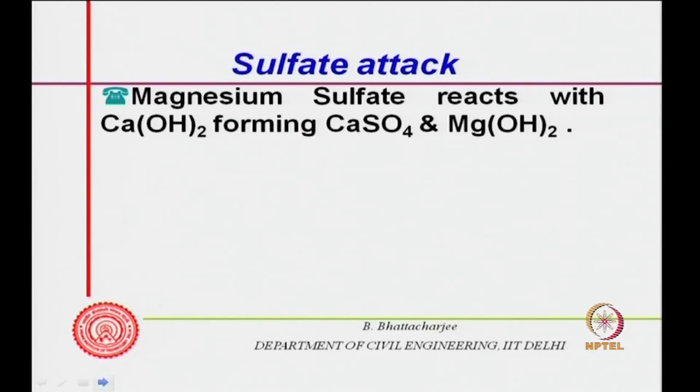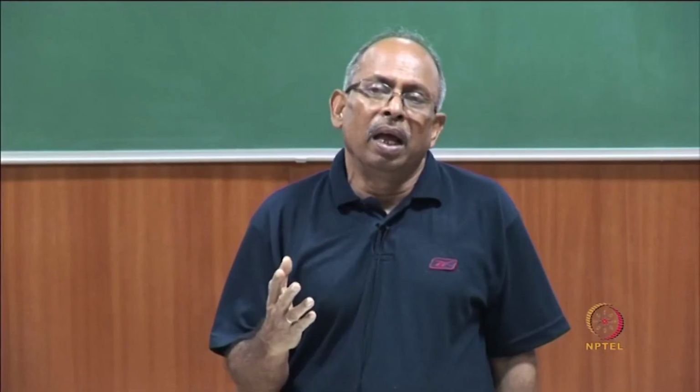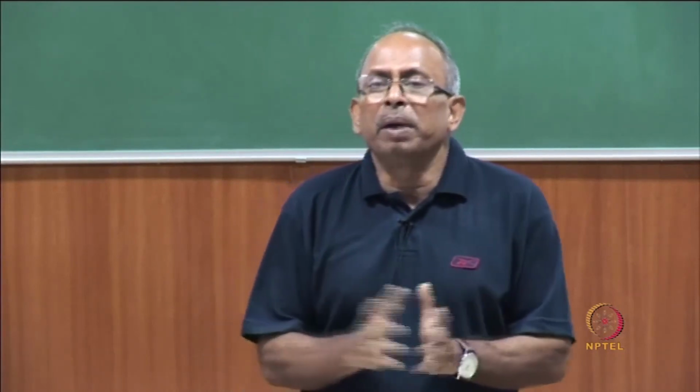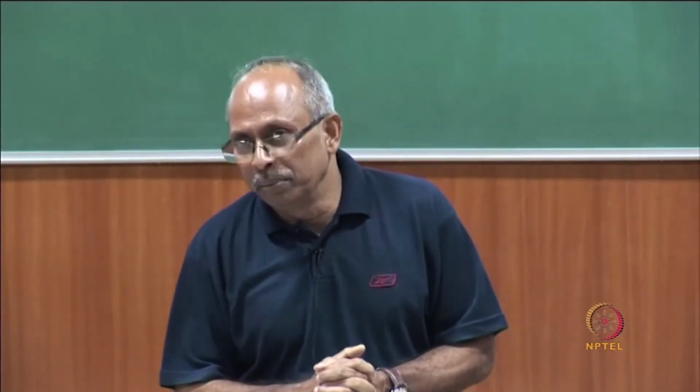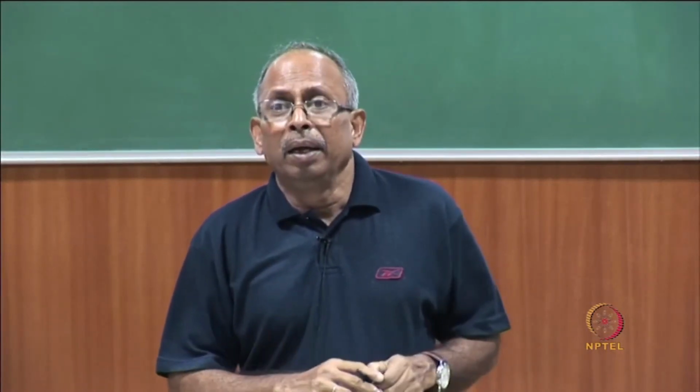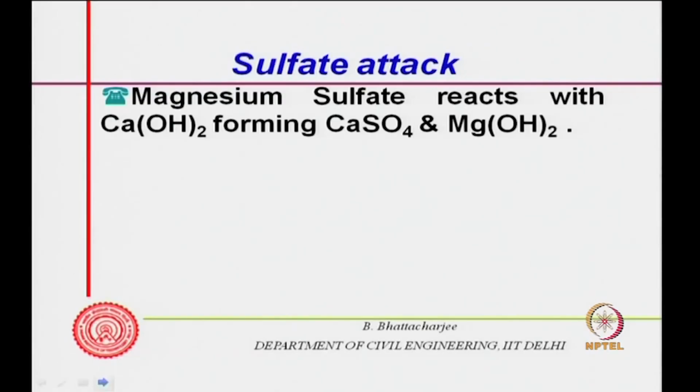So, this is what happens when you have any other sulphate other than magnesium sulphate coming into the system. Instead, sodium sulphate or potassium sulphate comes, and they react with calcium hydroxide, forming calcium sulphate and sodium hydroxide or potassium hydroxide. Now, potassium hydroxide and sodium hydroxide do not create much of a problem for the concrete, because alkalis are anyway there in the system as well. But magnesium sulphate, when it comes into contact with the concrete, of course reacts with the calcium hydroxide, and it forms calcium sulphate, but